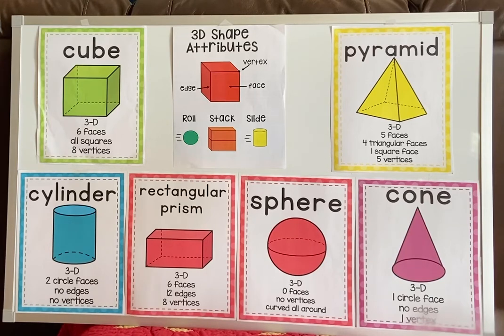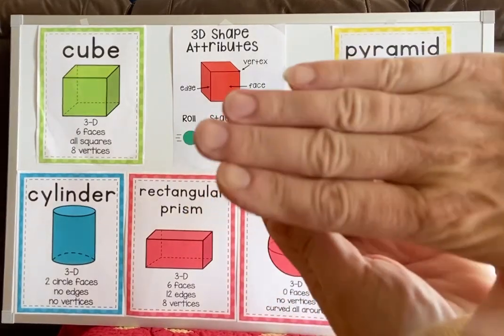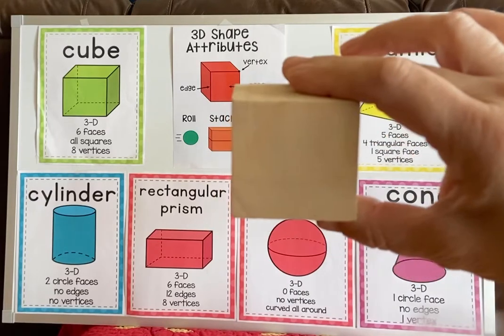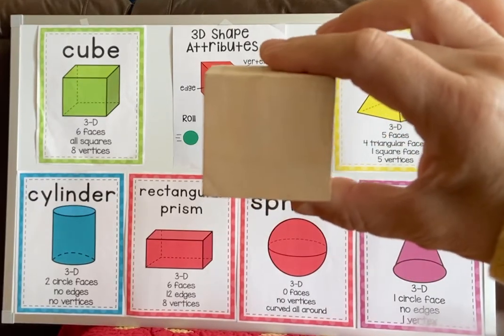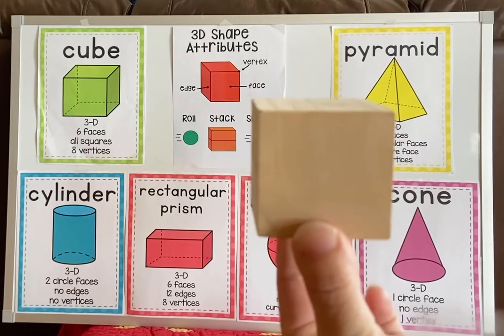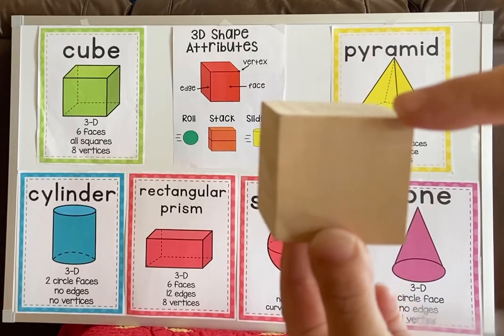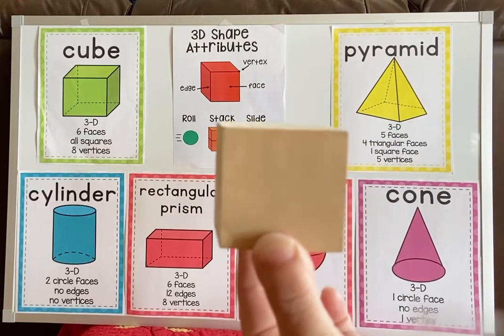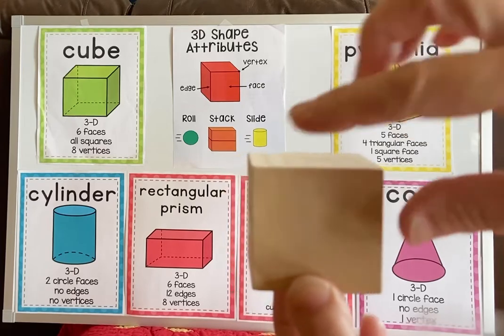So if I have a cube, let's look at the cube first. And a face is a part of the shape that I can put my hand flat on. So right here, that is called a face. It's a flat part of the 3D object. So it has faces, it has edges. Edges hold the faces together. It's kind of sharp. Think of the edge of a table or a desk. Right here's an edge. And then it has, remember that fancy name for corners, vertices, right here, where the 2